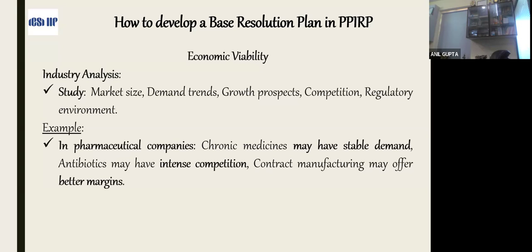For example, in a pharma company, chronic medicines may have a stable demand and antibiotics may have intense competition. Contract manufacturing may offer better margins. In contract manufacturing on behalf of the main company, another company will manufacture their particular products, and whatever the margins are there, the margins will be provided by the main company. That is the best one. So here also the contract, particularly